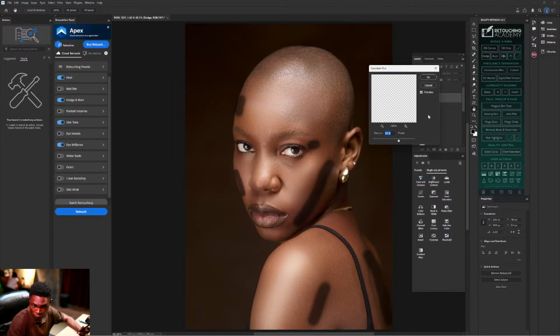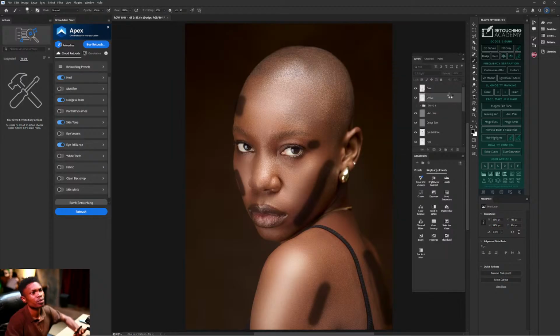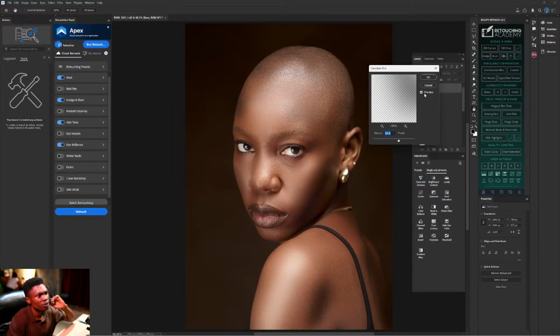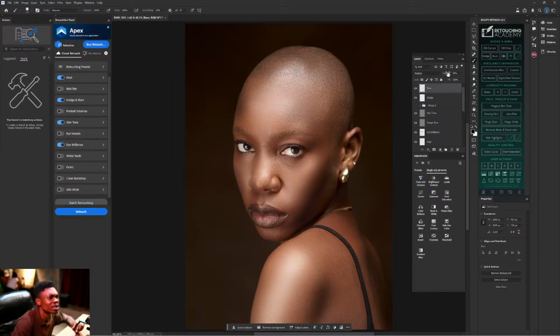I click OK. Then I go my dodge again. Do Ctrl B. That same Gaussian blur. I don put my blur for 87. Click OK. Then I go still reduce this one opacity because it been dey too harsh for my dodge, for my burn rather.